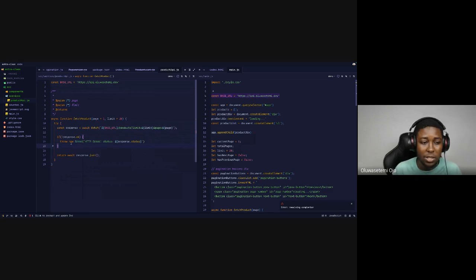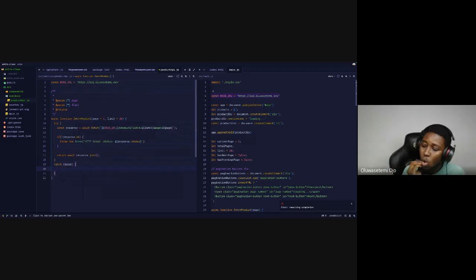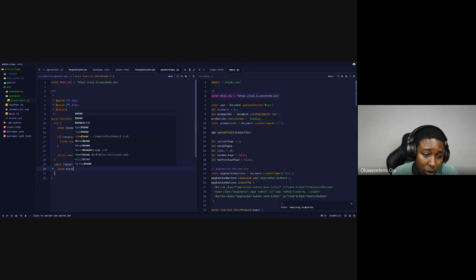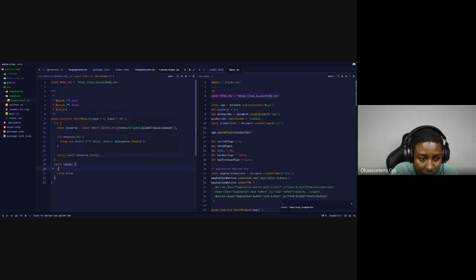So in case it did not fail like this, then we can return the JSON. And since we have a catch here, we're trying to do a try and catch any error that we have, and then return and also throw or do a console.log right here. You can throw the whole error, or you can also do a console.log so that people can know why there is an error here, and do console.error here and say "error while fetching